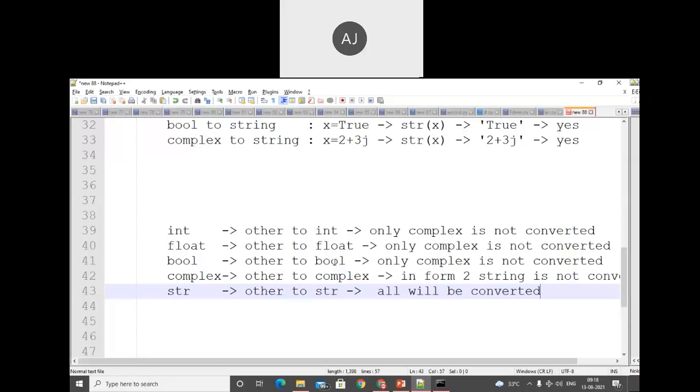Okay. By learning these things, we need to create such tables. So it will be very easy for interview preparation. Why do we need to study this? What is the need of typecasting? See, whenever we develop any application, if we want to convert the given input or given value, then we require typecasting. Okay. In that case, make a note of that. These are the predefined functions. Such functions I have not created, but these are predefined functions already created by the developers. We just need to use those functions for typecasting.